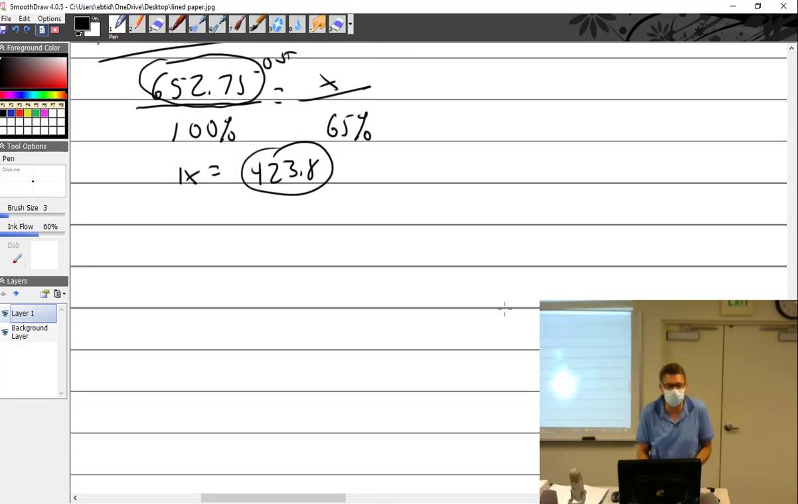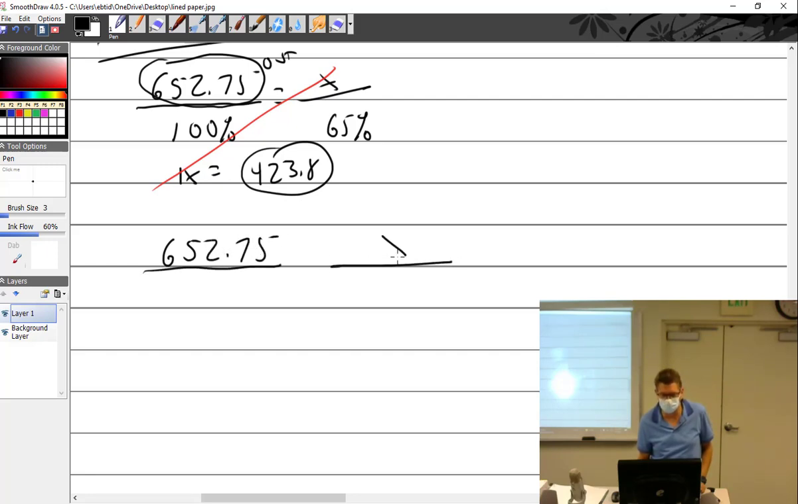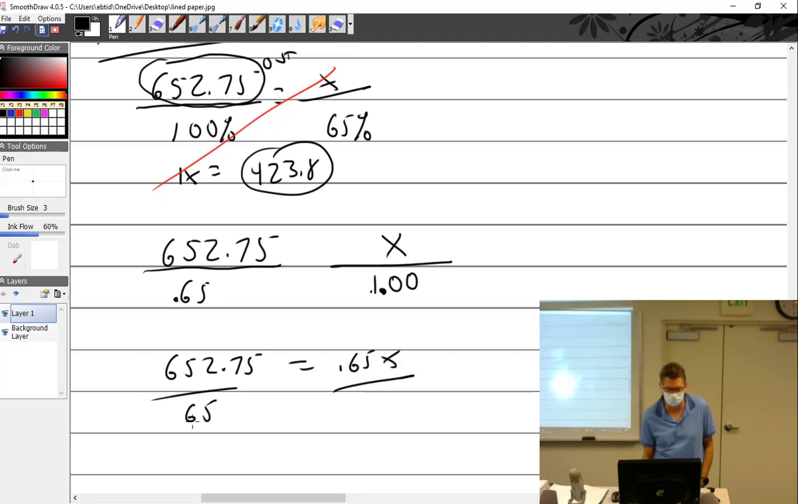Okay, well, what can I do to make this work? I can just try rearranging a couple things. I still know it's 652.75, and I still know that up here is going to be the number I'm looking for. I tried 100 on this side; now try 100 on this side and 65 on this side. That's going to be 1.0 and 0.65. Then 652.75 times 1 is 652.75, and that equals 0.65x. Divide both sides by 0.65, and I end up with x equals